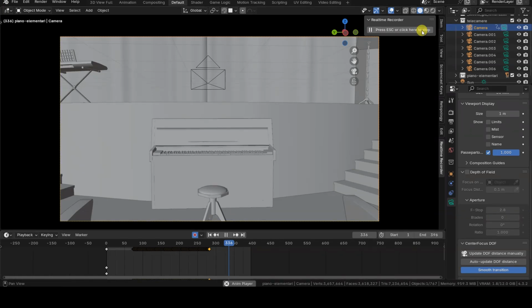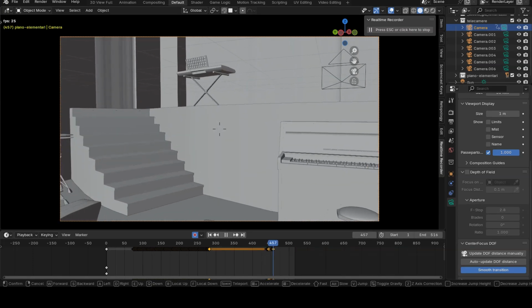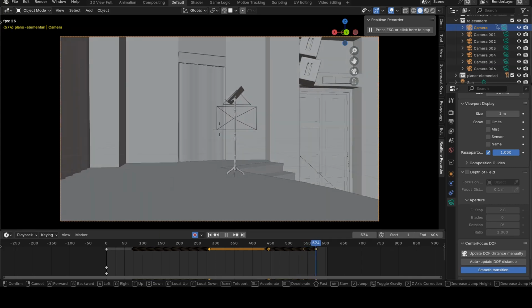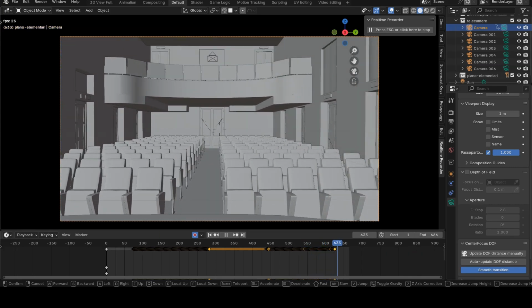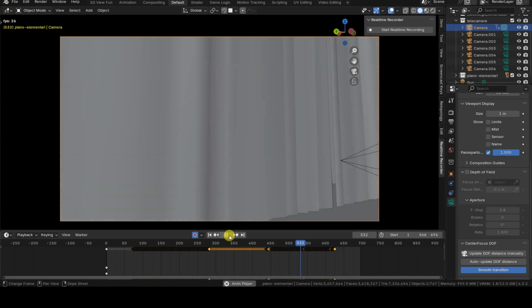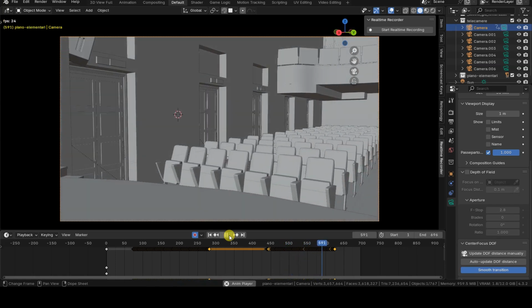Let's start with the add-on, which is available at the link in the description and was created and tested with Blender version 4.3. In short, when you click the Start Real-Time Recording button, the animation in the timeline will start playing. However, this time playback won't stop at the value set in the in-frame field. It will keep going until you press the Escape key.